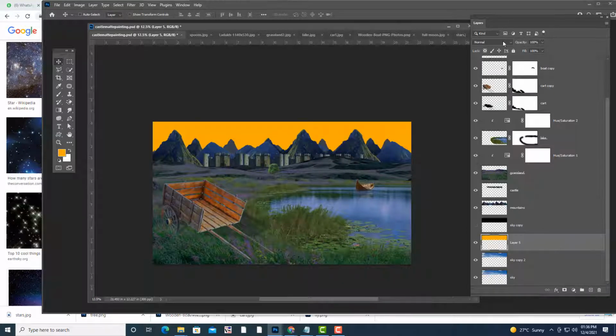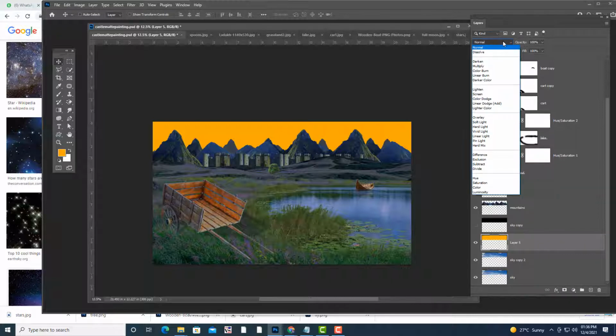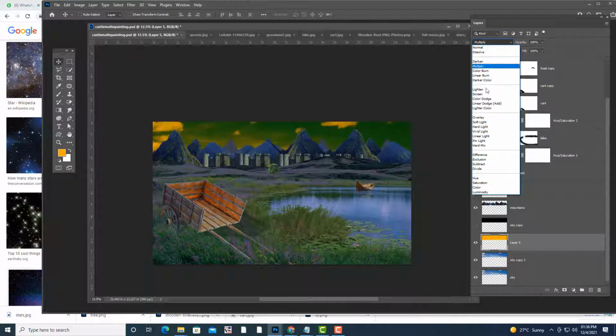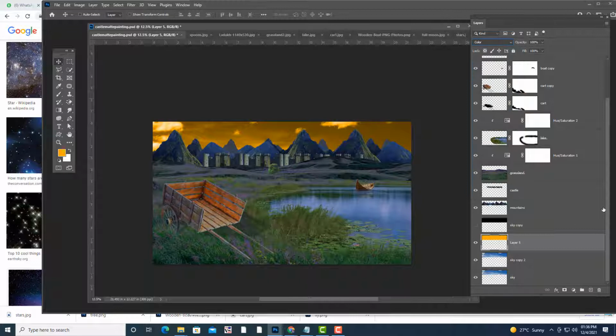Then we will use a blending mode. I think mostly overlay or soft light, color. I think color will be nice. Color blending mode. Yeah, you can reduce opacity if you think.